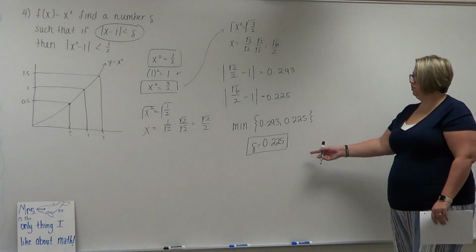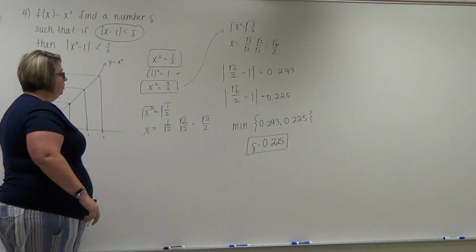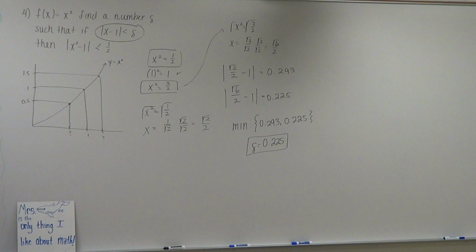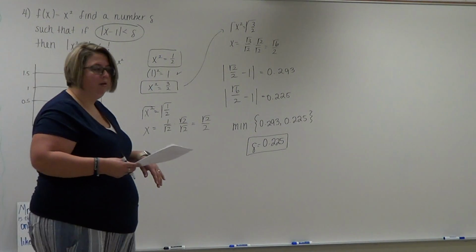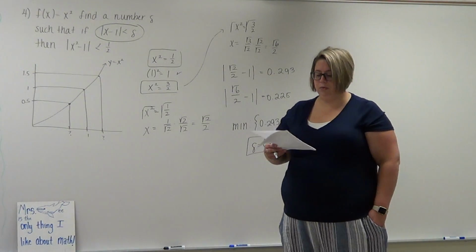And all you're trying to find is the number delta that works. Like number 1 is similar, but they already give you what the values are on number 1. So you didn't have to find it, you just had to be able to find what the minimum is. So on the test, are they gonna give us a graph to go with it, or are we gonna have to do it based off of the equations? I'm assuming